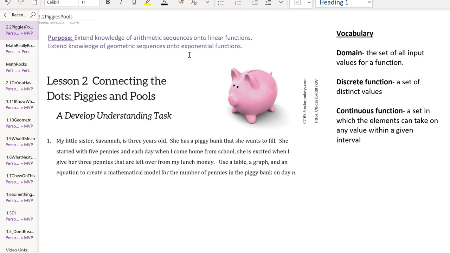So sequences are just a list of numbers. Functions are comparing a set of inputs with a set of outputs. So we have a more detailed context that we're going to be looking at in each of the four scenarios